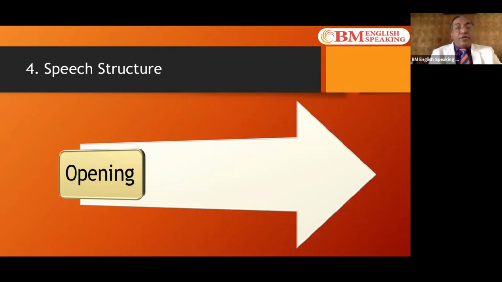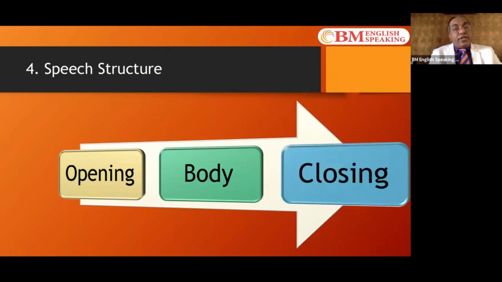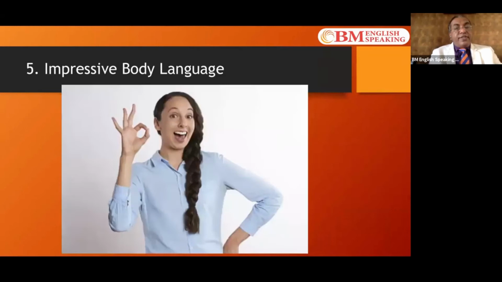Okay. Then you have the main body, and then you have a clear closing. A closing can have a call to action saying sign up here, do this thing, download this ebook, confirm a meeting appointment like that. So you need to make sure that when you're preparing a speech or writing a long report, your speech or your report has a broad structure which is opening, body, and closing. Lack of this will make sure that the whole message gets mixed up. So this is the fourth speech structure technique that we have.